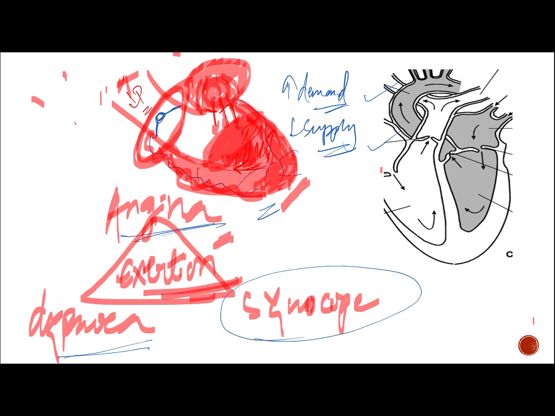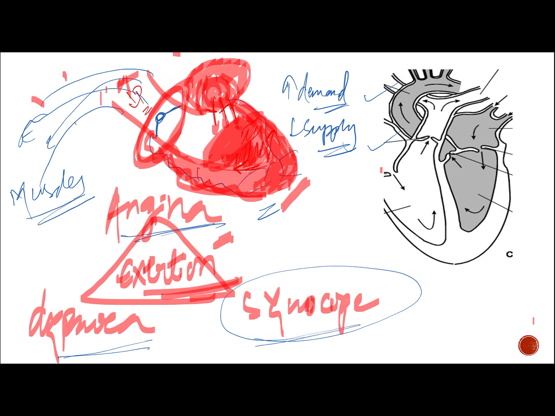And syncope. Now during exercise the arteries in the muscles are heavily dilated because they require more blood. That means more blood flow to the muscles, and more blood flow to the muscles means less blood flow to the brain, and that means the brain will go into hypoxia, and this hypoxic state will eventually lead to syncope. So syncope means just transient loss of consciousness. The patient will have transient loss of consciousness during exercise,